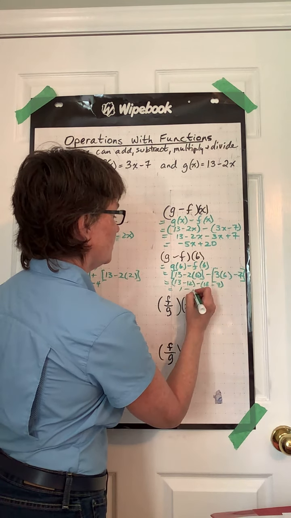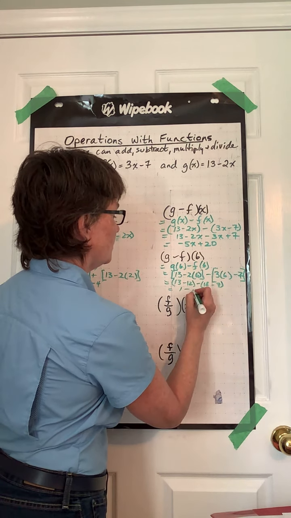All right, down here to multiplication, we can multiply these functions together. So again, this means f of x multiplied by g of x. All right, so let's substitute in. F of x is 3x subtract 7. We're going to multiply that. I know that I don't need that little multiplication sign in there if I put my brackets right next to each other. So I could say this, 13 minus 2x,